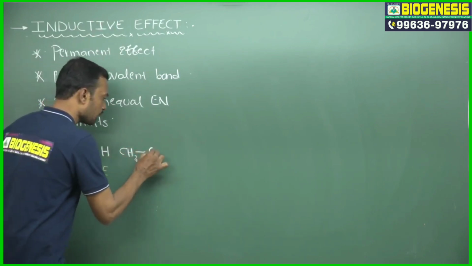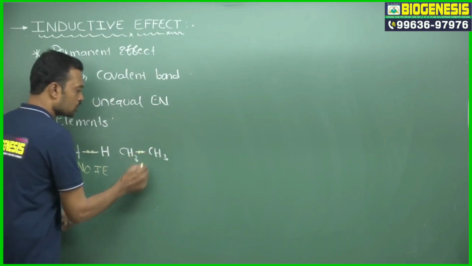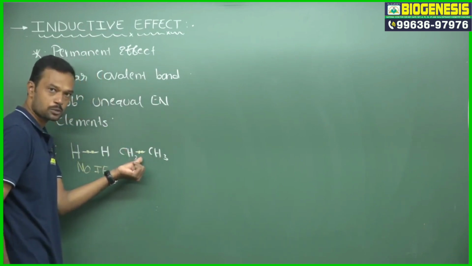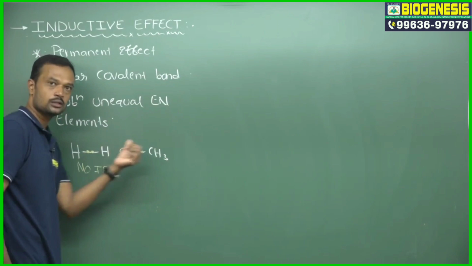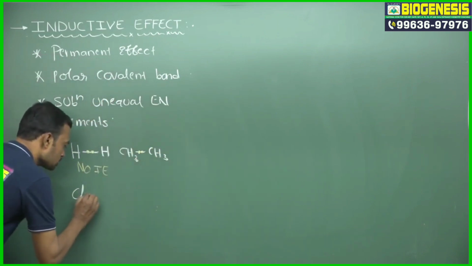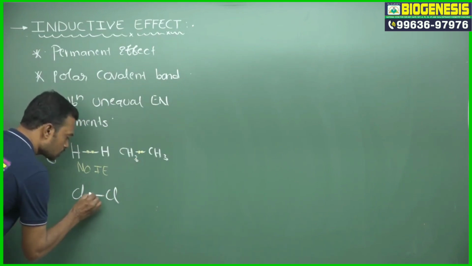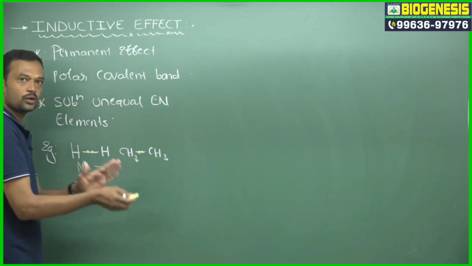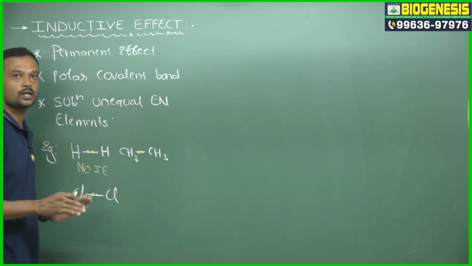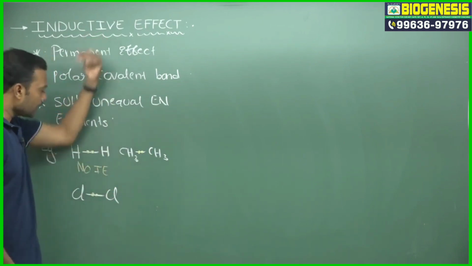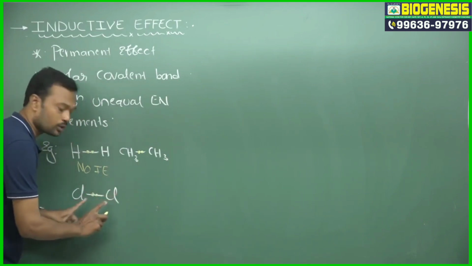And if you take two similar groups, see, here two similar groups are present. Now a lone pair is not present on these two atoms, but a shared pair of electrons is present. This shared pair of electrons is exactly in the middle. Okay, it is not moving either to the left side or the right side. And if I take two similar electronegative elements also, this shared pair of electrons is neither moving right nor left. If it moves to one of the corners, then that will generate induction. Induction is nothing but generation. So induction of dipoles due to this drift of the shared pair of electrons between these two.